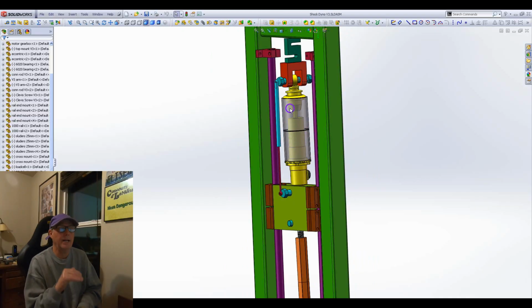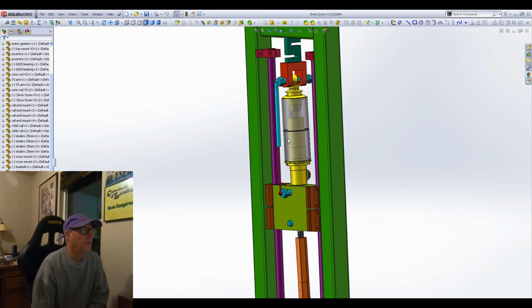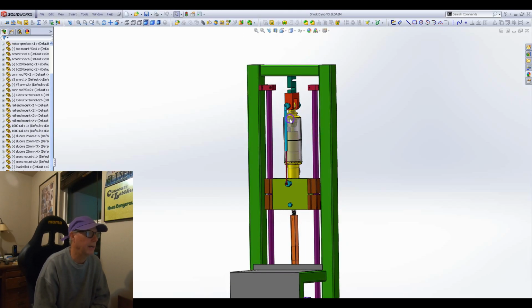And so it's measuring the actual length. So if this thing stretches, it doesn't matter. It changes your stroke a little bit, but it doesn't change your velocity, right? Really what you care about is how far that shock absorber is moving relative to time. Take the first derivative of that and you get velocity. So I put my transducer on here. Now that's going to make it a little bit more time consuming to put a new shock on. You've got to make sure, you know, but